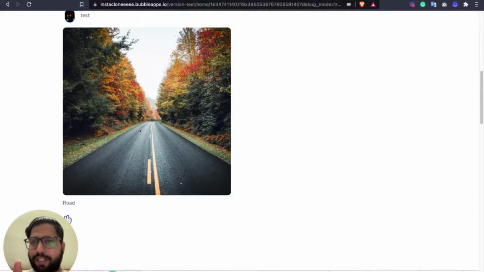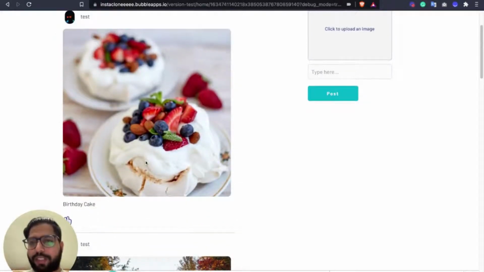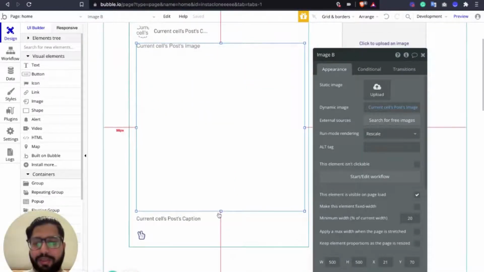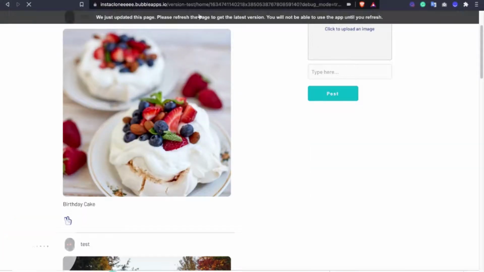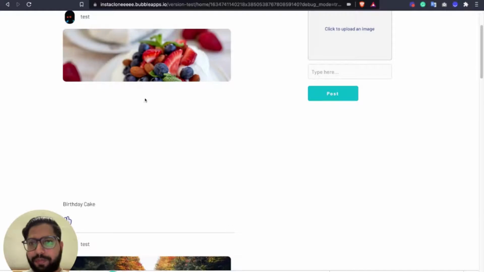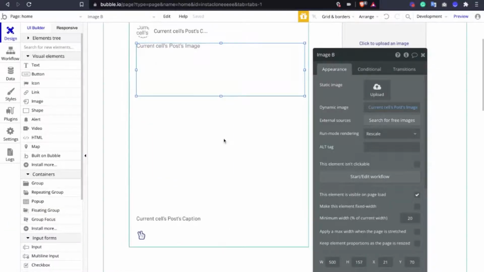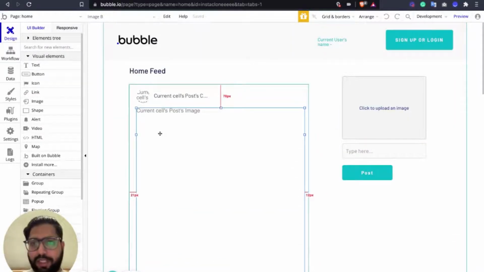You also must have noticed this is coming in square. The image which you have passed through ImageX is doing this: whatever the height of this image component is, it's going to crop the image to that. So for example, if I need this much of an image, I'm just going to go back and refresh it, and we'll see only that section of the image. The rest is cropped out. So again, I'm just going to control that here. Now we are able to create an image, post it, and have it in the feed.